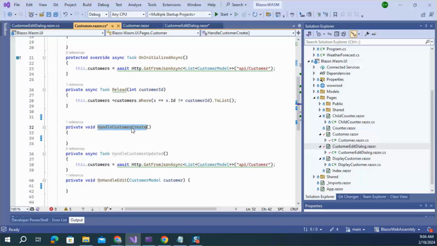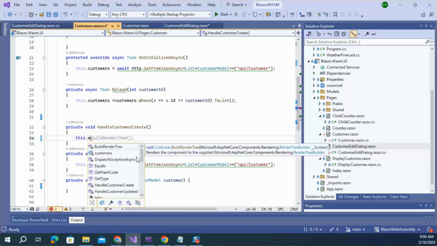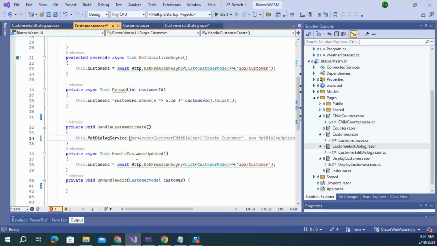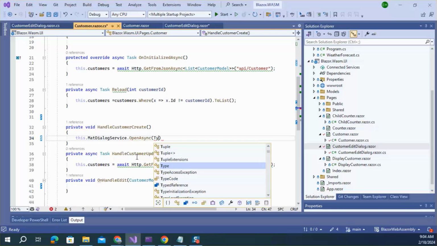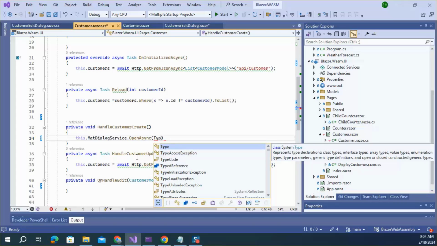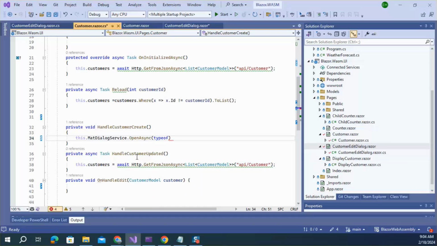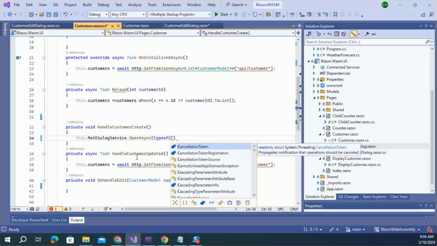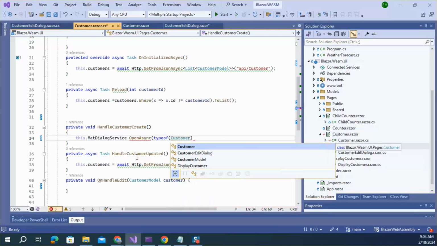And inside the event handler of the customer create method, I'm using the MatDialogService OpenAsync. This service has a method OpenAsync, and this method has one argument. We can pass a component. So for this example, the dialog component is CustomerEditDialog,